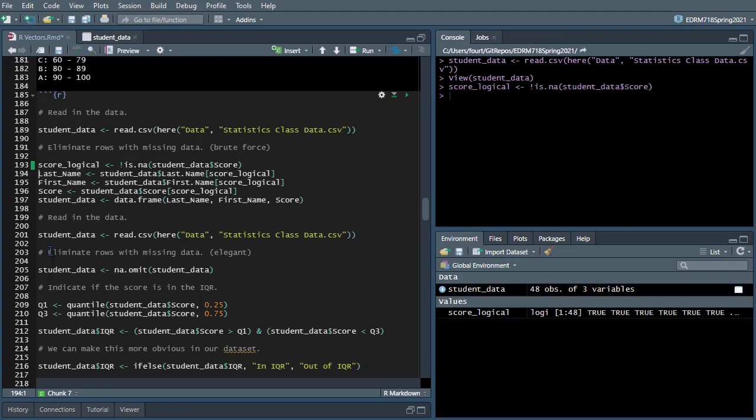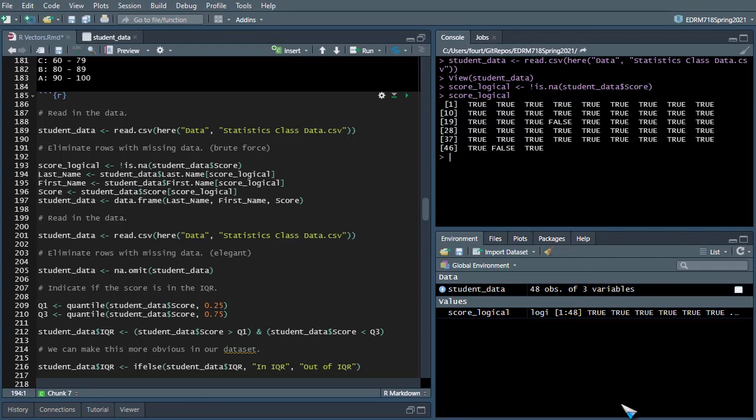In fact, let me go ahead and run that score logical, and let's look at it. There's quite a bit of data here, so it's going to be pretty long, but there it is. So everywhere you see a false, there's no data. And that's because I use that exclamation point to make falses true and trues false. So now if I use this logical vector inside my subsetting or extracting operator, it will then give me the last names of only those students who have data